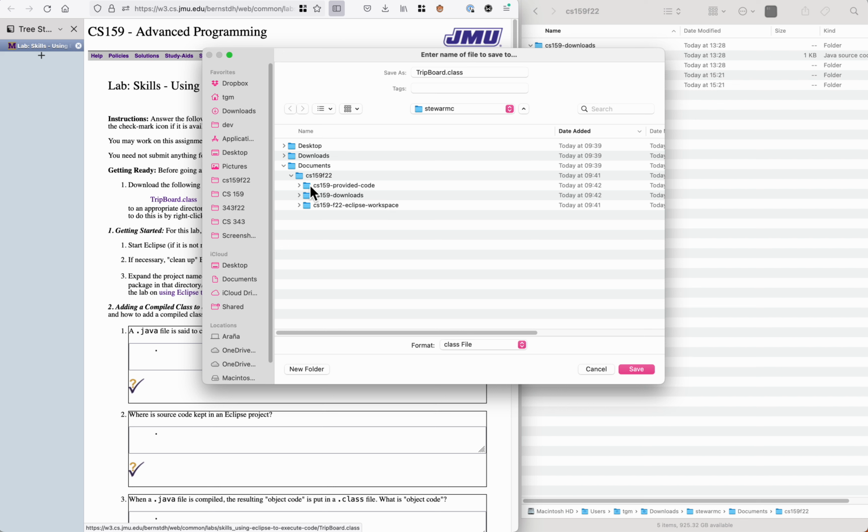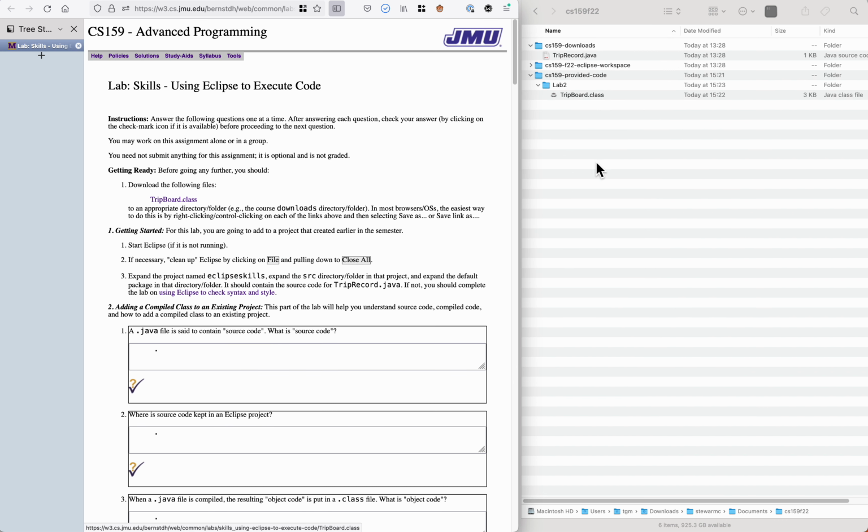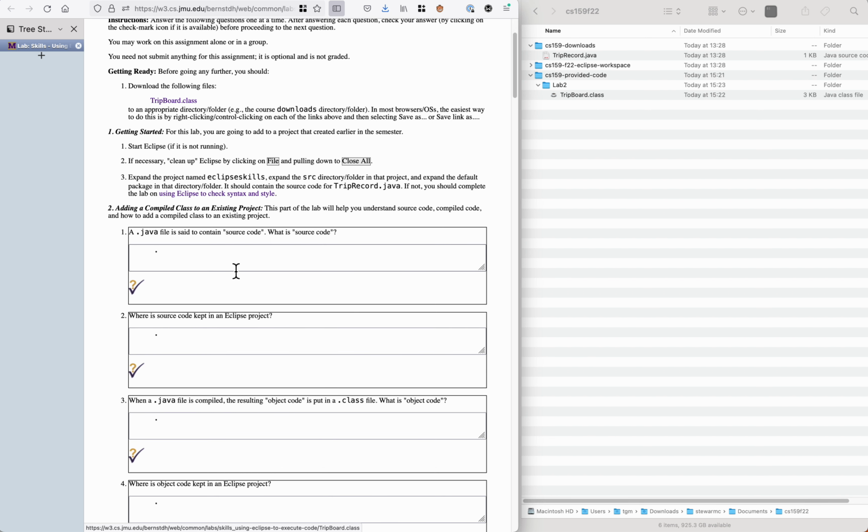So in my case, it's back over here under provided code. I'm going to throw that in lab 2. So I'm going to save that file. It says, is this the folder, this empty folder? I said, yep. And I can see it pop up over there. That's great news. And then what I'm going to do is continue on, and it says, let's use this Eclipse